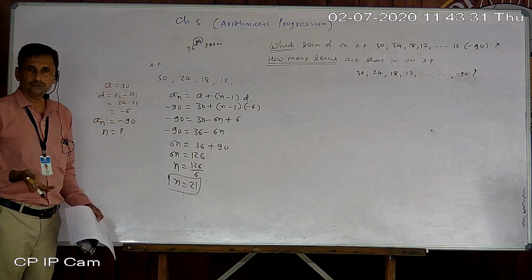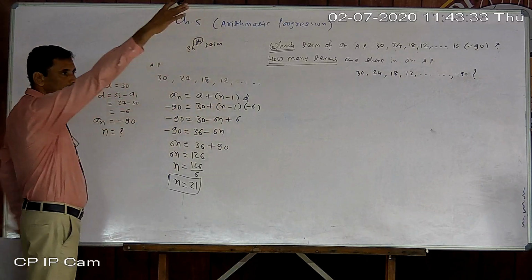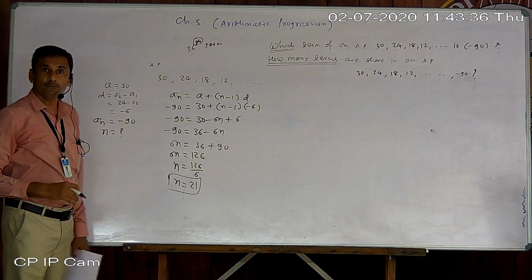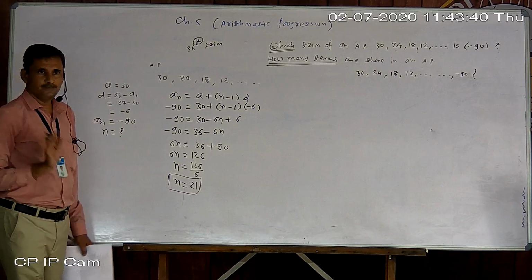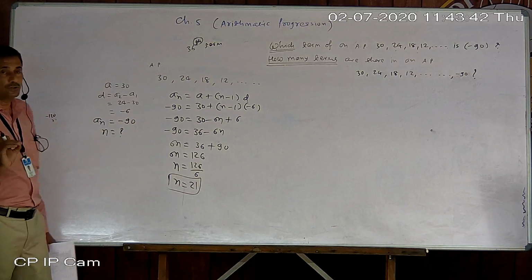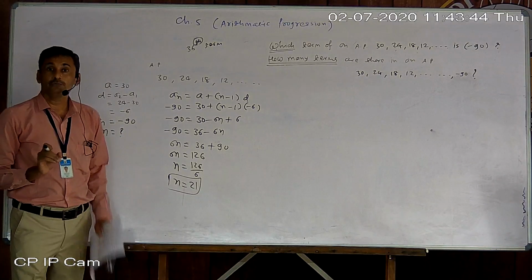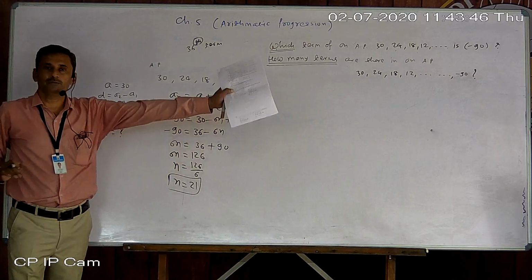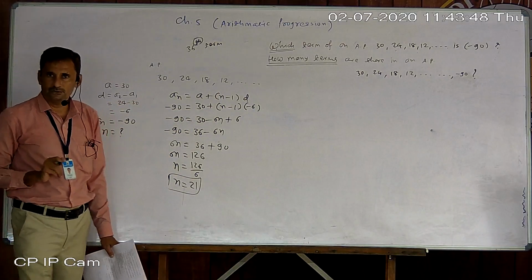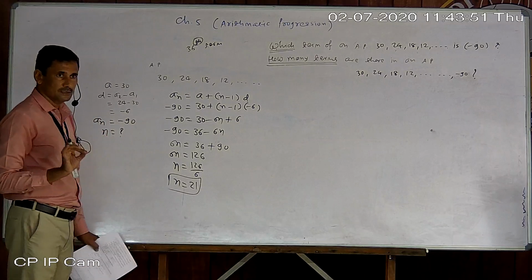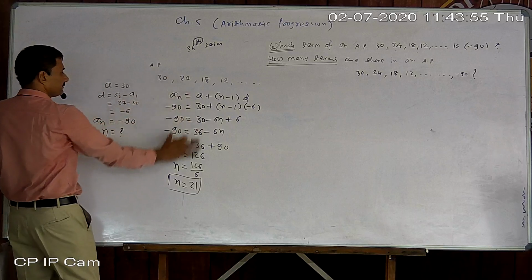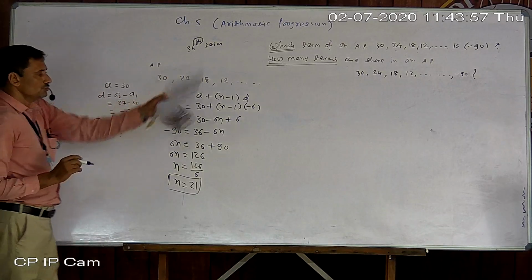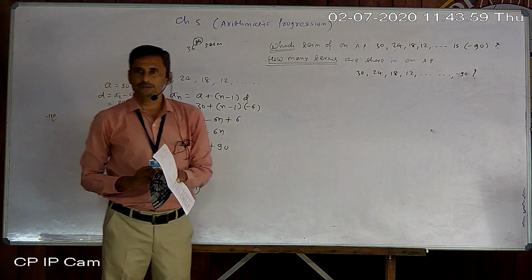You can verify also by writing all terms, but that is not always possible. We find using the formula only, not manually by extending the AP. That is not possible every time, and even then you cannot get marks. You get the answer only, not marks. So we just go through two sums in which particular.